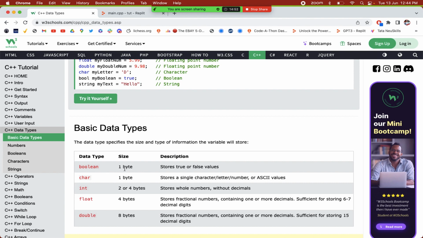So boolean will take 1 byte of your memory. So in your memory, every variable has a location, right? And all the values of the variable need to be saved in some memory, right? So how much memory each data type variable will be saved in, that is being told in this table. So it's saying that whichever boolean variable you have, it will take 1 byte of your memory, right? And it will store true or false values only, right? Next we have the character data type. It will also take 1 byte of your memory and will store a single character, letter, number, or ASCII values, right? So you can save a single number also in char,